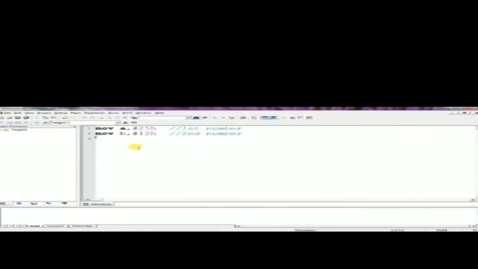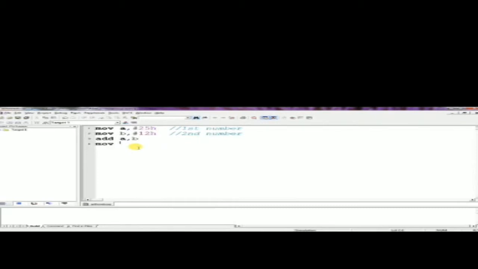Then we can add these two numbers. So ADD A, B. The result is saved in the A register, which is the accumulator.